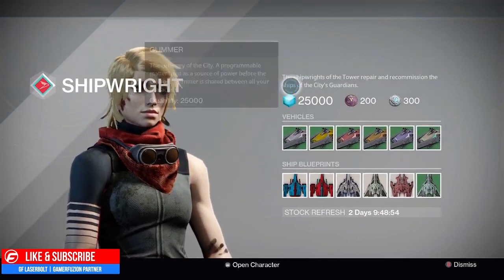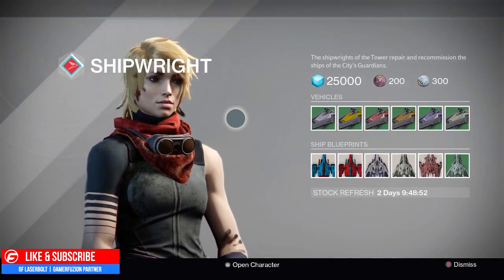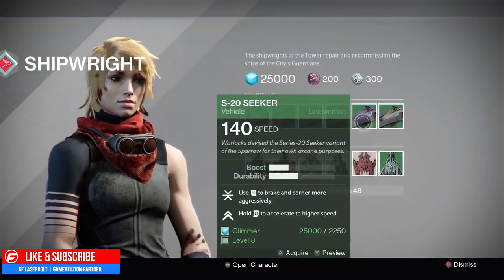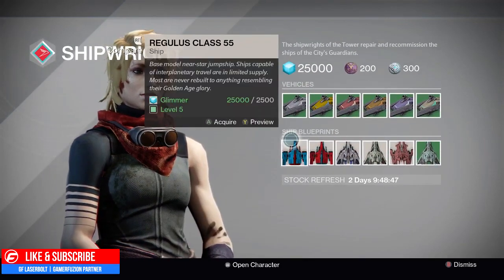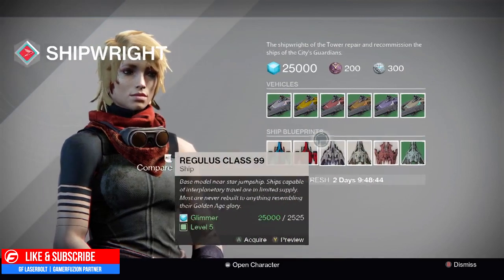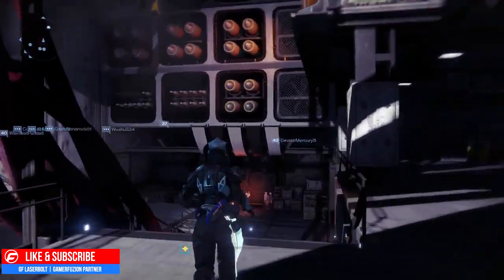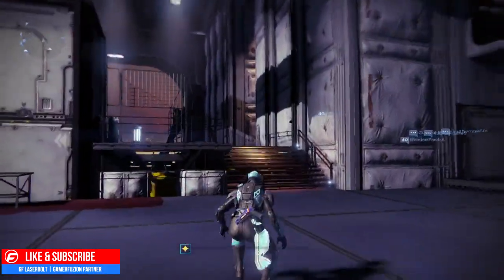Now remember, these do cost glimmer, so you're going to want to have max glimmer when you purchase these. Once again, you're going to need 35 sparrows to have it completely, and you're going to need 75 ships. So you're going to be able to purchase these ships right off the bat. Now another tip I want to give you guys is if you are missing some,